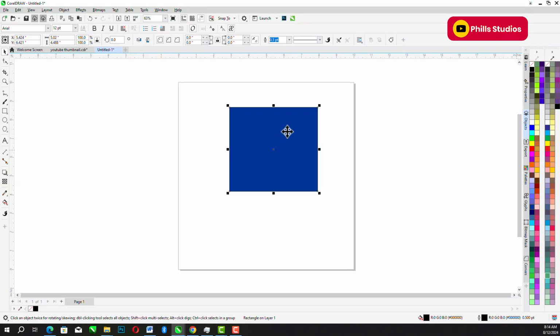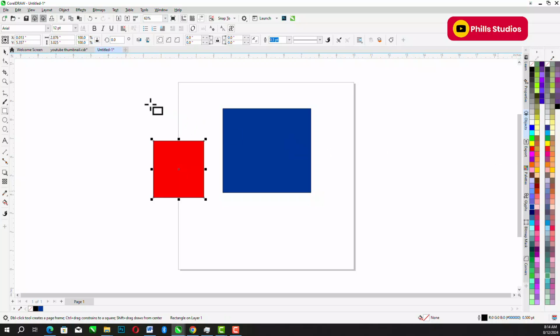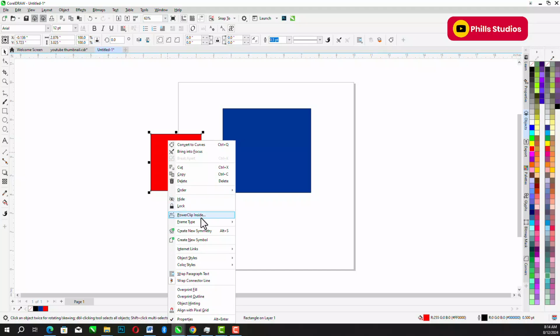Apply color. Okay. Then this is how to place the object inside the PowerClip. Then I draw another shape again and apply another color just like that. So to package it inside a container, you just have to right click on your mouse and you see this word, PowerClip Inside. So when you right click on any object, you hover over PowerClip Inside and